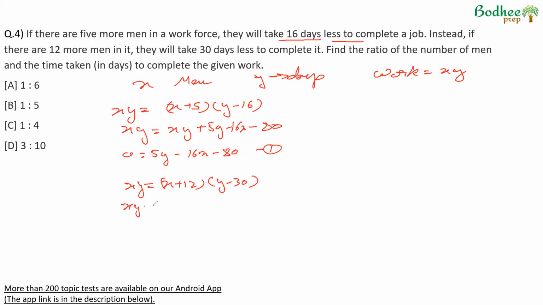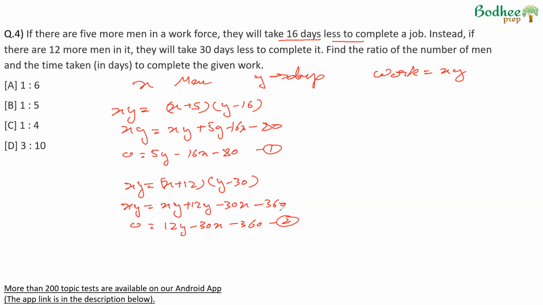If we open the brackets here, we get XY plus 12Y minus 30X minus 360. XY cancel. 12Y minus 30X is minus 360. This is equation 2. Now we have two equations in X and Y, so we can solve them to get the answer. Or since we are just looking to find the